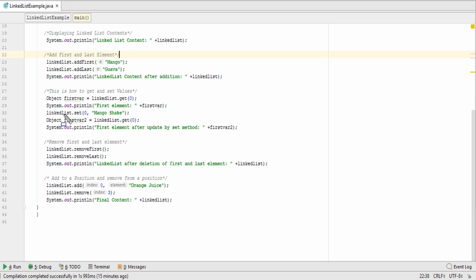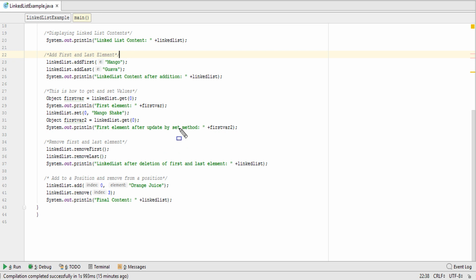And with the help of this code, we will set the value at index 0. And with the help of this line, we remove the element at the first index, and with the help of this line, we remove the element at the last node.